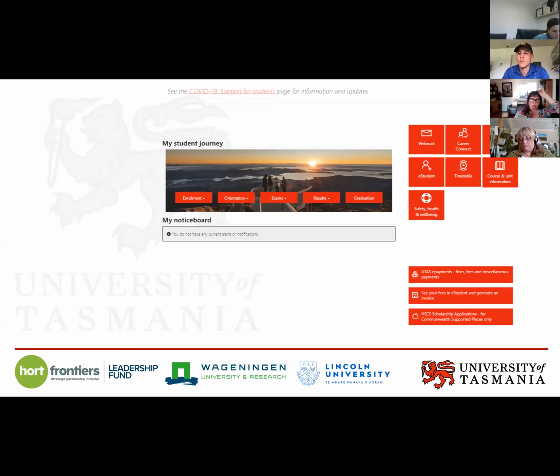If you need help with this, just understand that we will do our best to help you, but we'll probably have to go and ask questions because we can't actually access this stuff because we're staff, which is sort of weird. I have no idea what lies behind these buttons because it just comes up and says not authorized. So just keep that in mind, but go here first if you want to do any of the stuff that the university is asking you to do regarding managing your course.